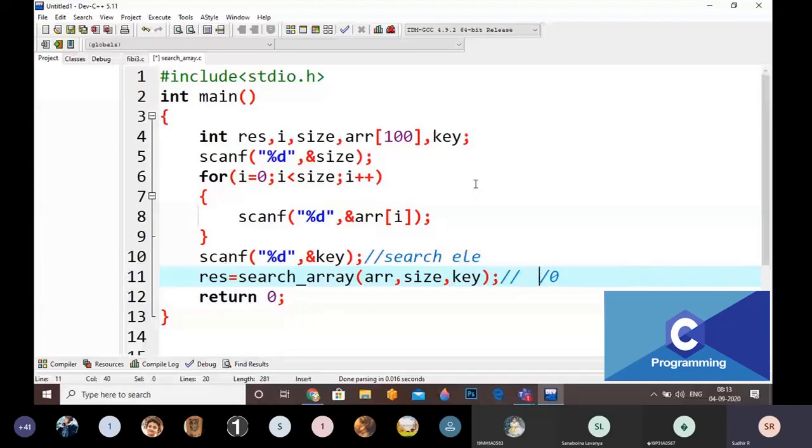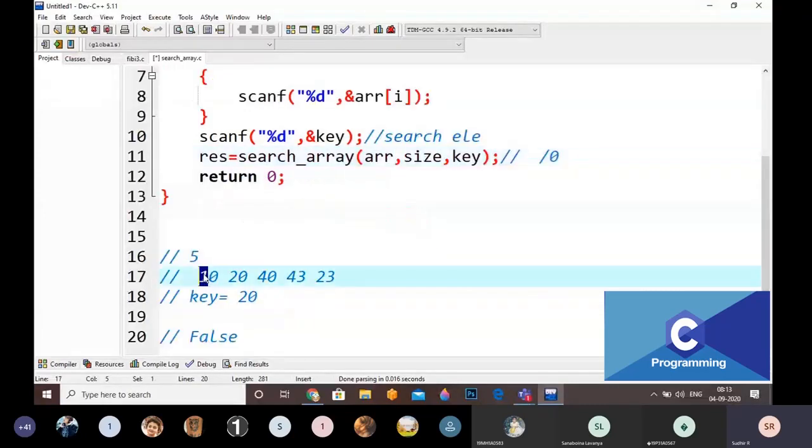The position I am passing here, for example, I am searching for 10. What is the position of the 10? Not 0. I am not passing the index here, I am passing the position. The first position, so the position is 1 here. Are you getting my point or not? Yes, sir. If I am passing any number other than 0, it is the position of the number in that array. If I am passing 0, the element is not found. Okay.